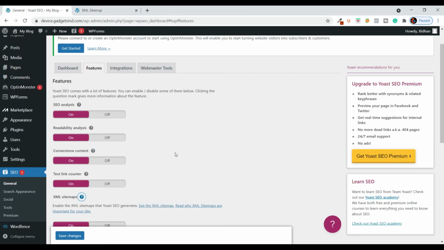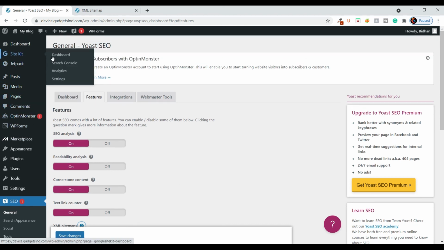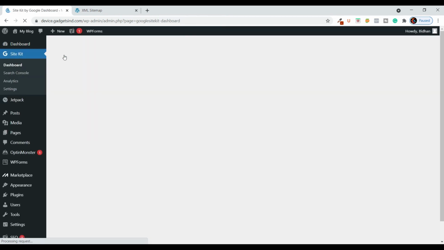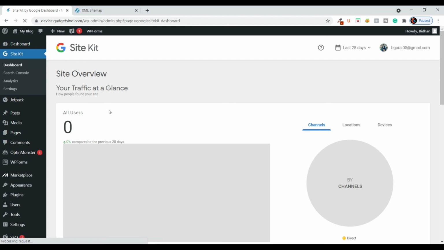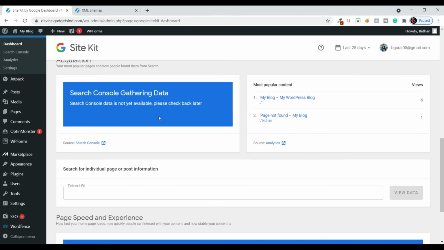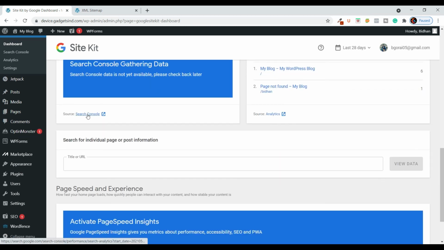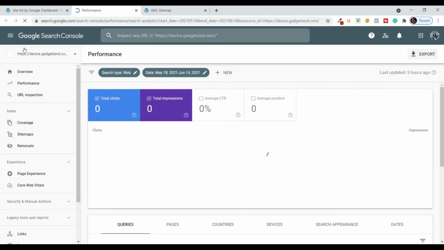Now we set up the XML sitemap on Google Search Console. Just go to Site Kit, click on dashboard, scroll down, here is the Search Console, click on this. This is our Google Search Console.